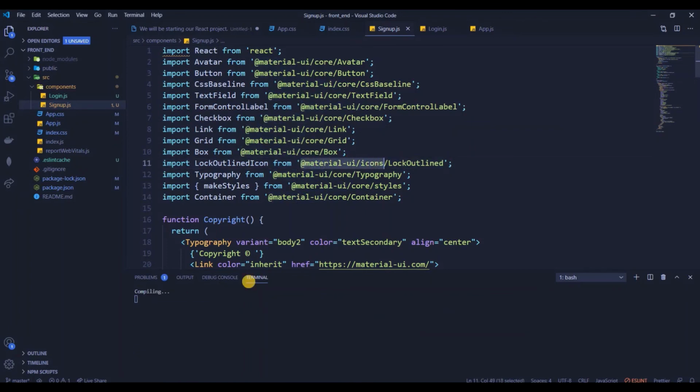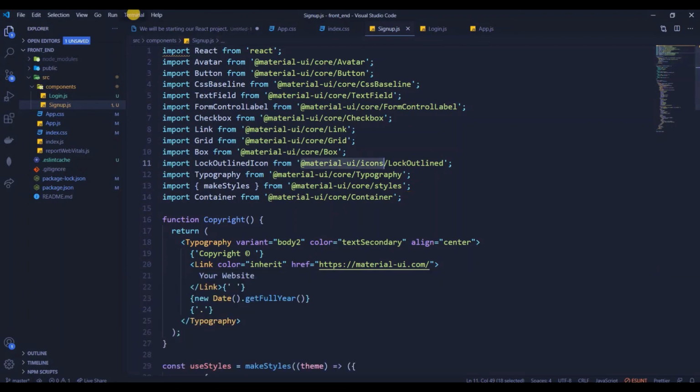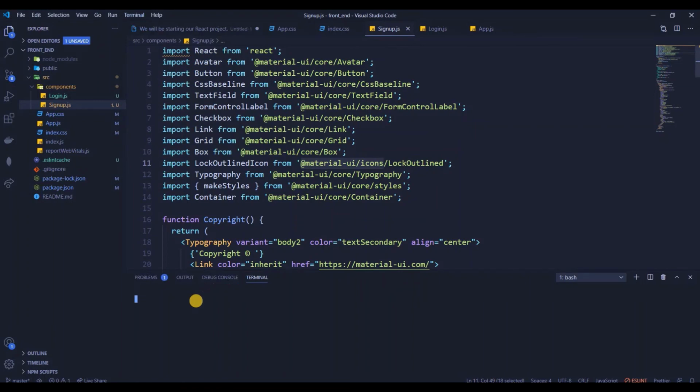These are the dependencies, guys. So there are certain icons which have been used here, but we don't have those icons, so we have to install those icons. The terminal was not responding. So just go ahead and write npm install @mui/icons-material.